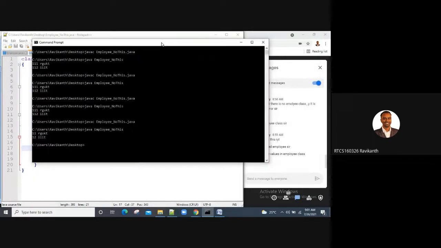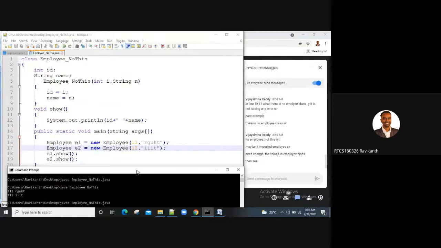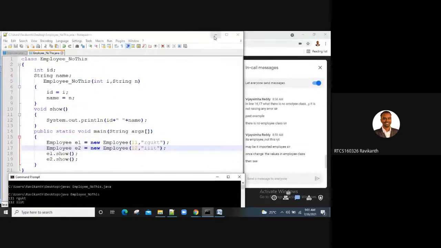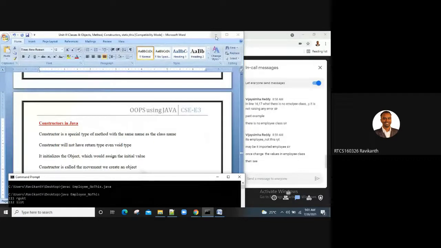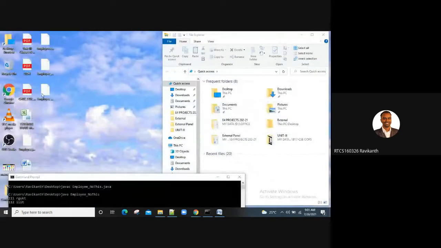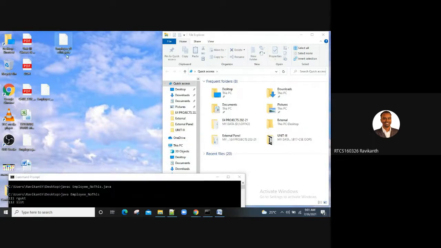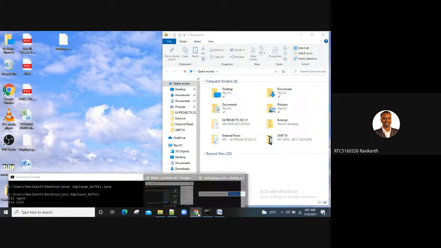Employee e1 is given again 11 RJKT, 12 triple IT. Just a minute, guys. Give me one second. Let us try in this way. This is employee.java. Let me check once again.